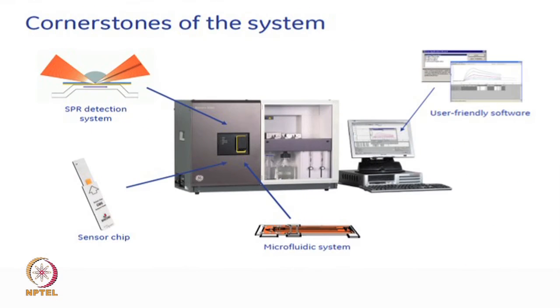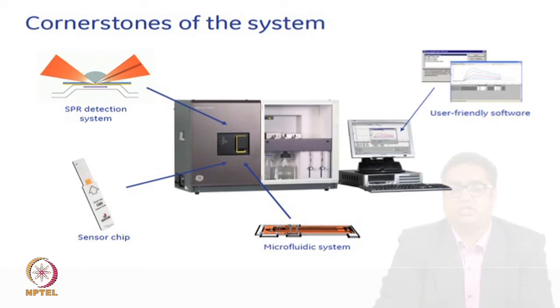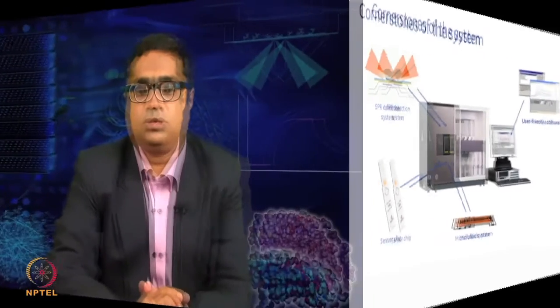So, the cornerstones of any SPR system or a Biacore system are a detection system, a chip system, a microfluidic system, and the software which integrates all of these and generates data. So, in our next sessions and next couple of other sessions, we will understand details about sensor chips and the different sensor chips available, that the SPR detection system depends upon the refractive index and also depends upon the